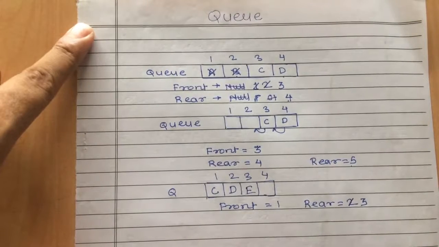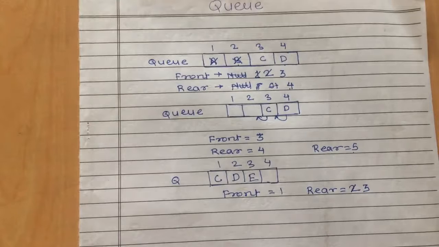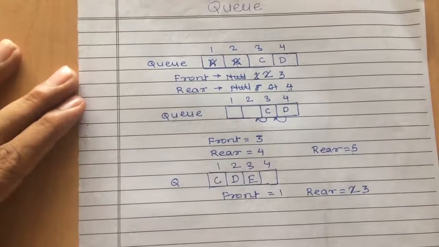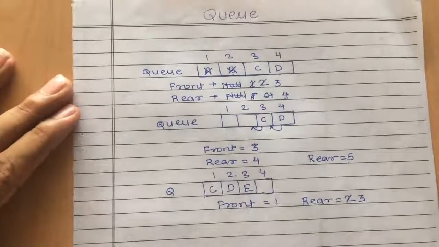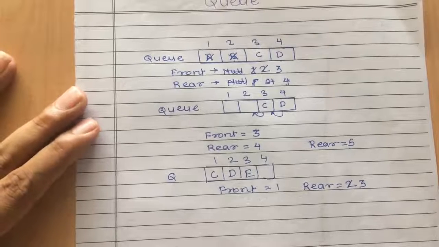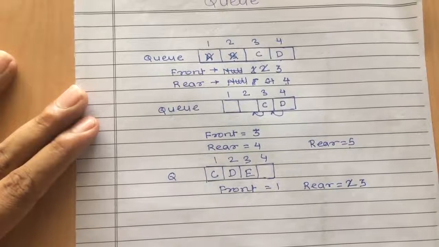Okay, so this is possible only if few elements are present in the queue. But if n number of elements are present in the queue, then this shifting is not possible. Okay, it is possible, but it is not feasible, or we can also say that this shifting is very expensive. As I said, if only few elements are there, then we can easily shift the elements. But if more number of elements are there, then the shifting is expensive. Then how to overcome this, or what is the solution for this?